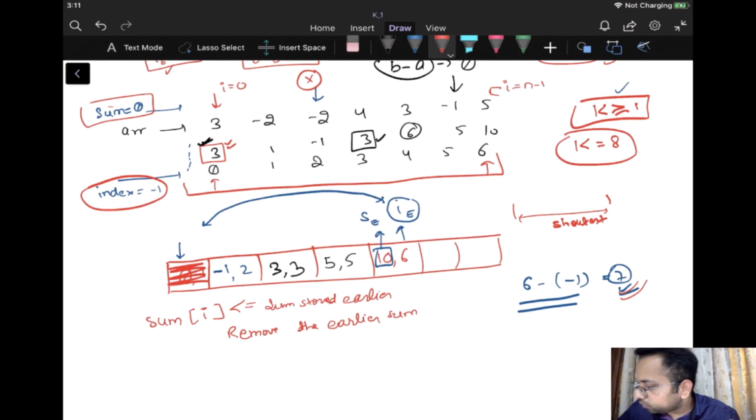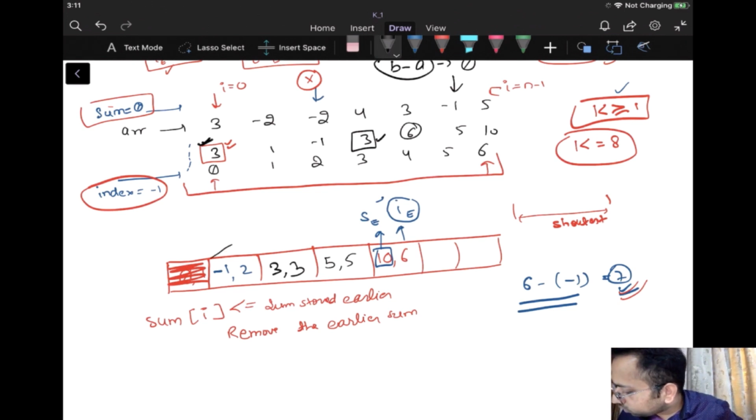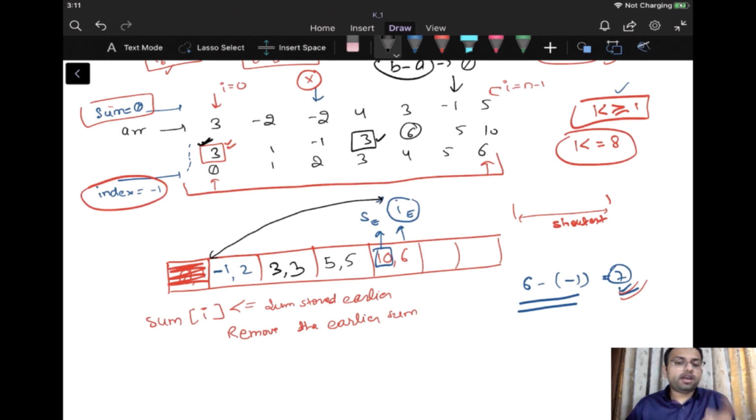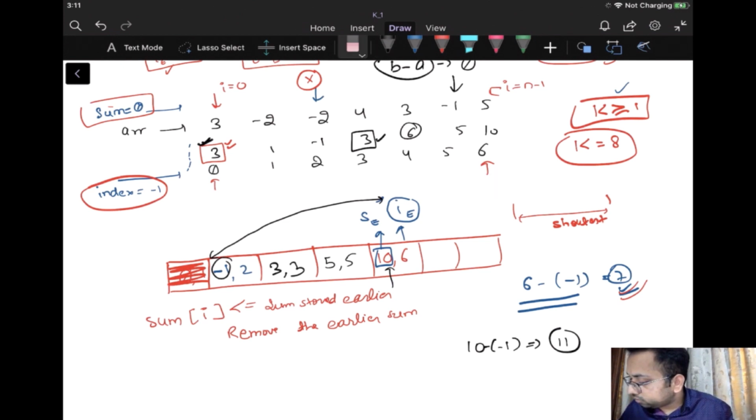Now the next thing that we are going to check is, yeah, we have checked the Ath element. Now we are going to check whether this range has the sum which is greater than or equal to K or not. So how can I figure out that particular range sum? I can decrease the sum, right? So if I do 10 minus 1 minus 1, this is going to give me 11. Yes, you can see that this range is also having